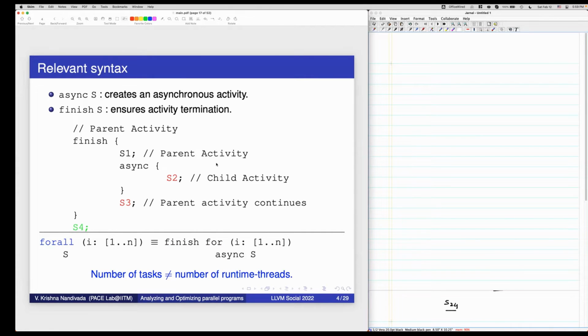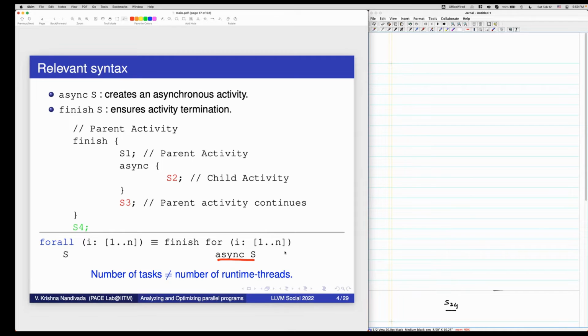One point to remember: just because there are n asyncs doesn't mean at runtime you will have n parallel threads. Because I may have a loop over a million iterations, and creating a million threads may not be prudent at all, right?